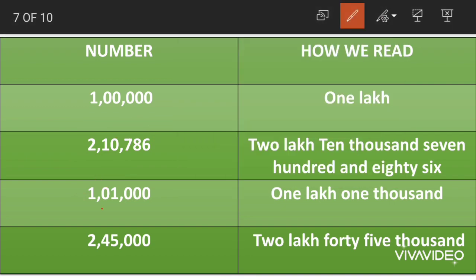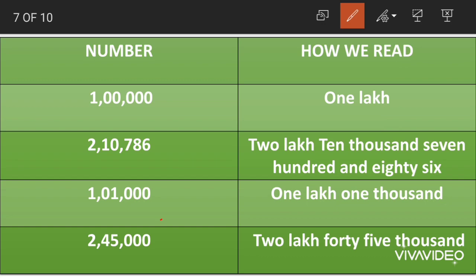The third number we have here is 101,000. Let us write the place values: ones, tens, hundreds, thousands, 10,000 and lakhs. Again, what we need to consider here is the place values of ones, because the place value of 0 at any place will be what, children? Will be 0 only. Coming to the first one, this one is in lakhs place. So we read it as 1 lakh. And 01 means what? 01 means 1 only. 1 is in thousands place, so we read it as 1000. Clear children? 1 lakh 1000.